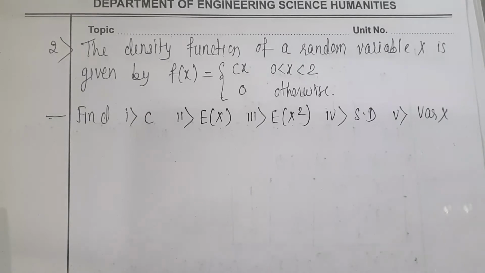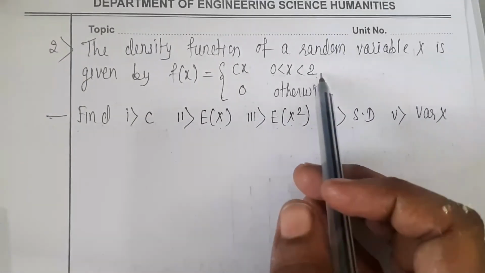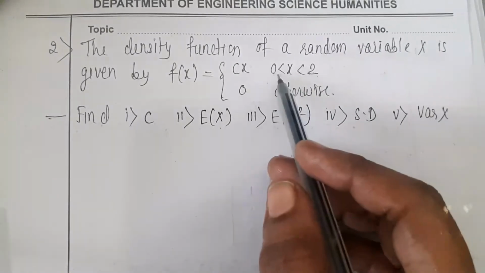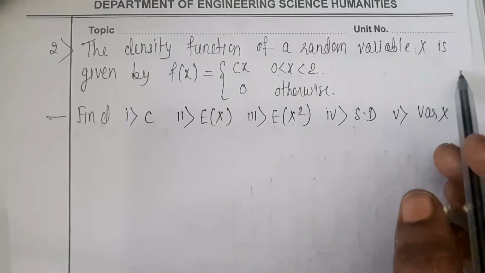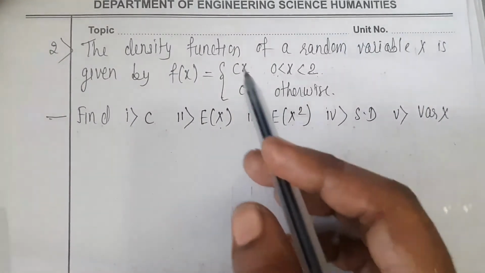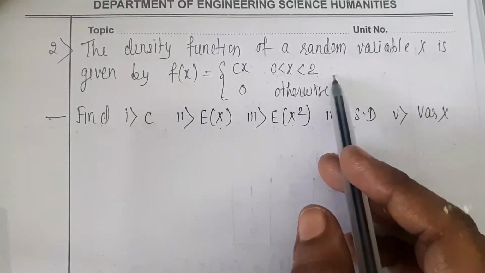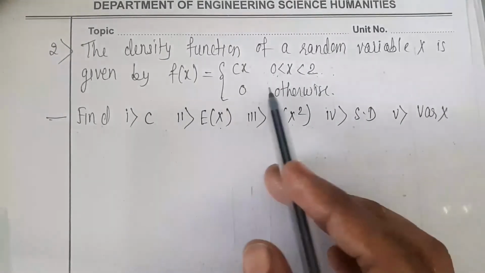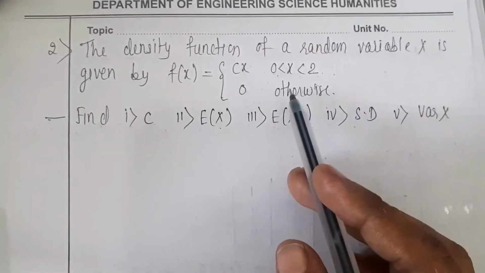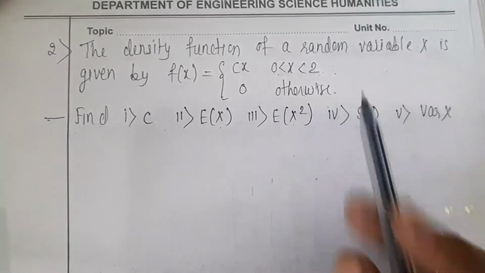to get the value of the constant, first we observe whether the function is discrete or continuous. Here a range is given, not points like x equal to 1, 2, 3 with f of x given. We don't have a function like that. The range of the function is given, and in this case, if a range is given, the problem is of the continuous case, not the discrete case. So this problem is of the continuous case.